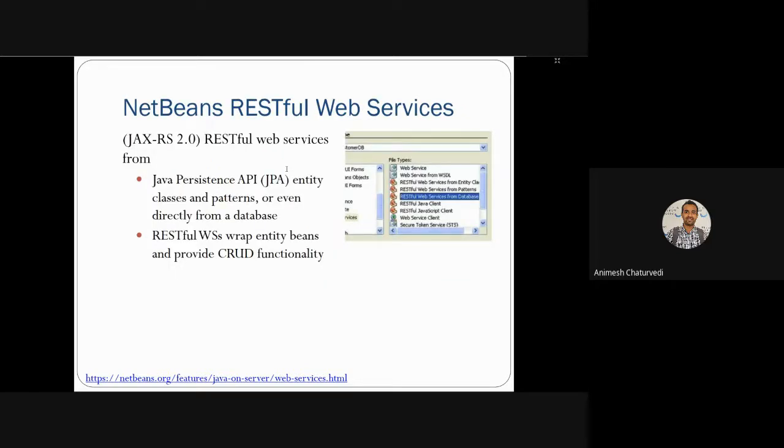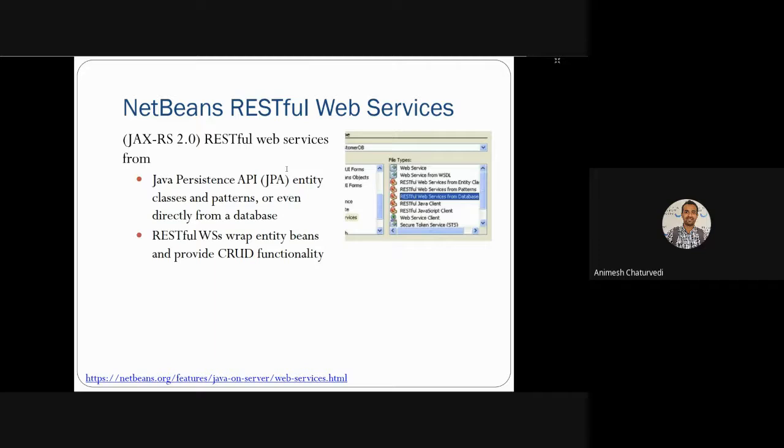Thereafter, NetBeans RESTful web service. NetBeans RESTful web service actually has two types of parts. This JAX-RS has two things. One is Java Persistence API, JPA, for creation of entity classes and patterns for various types of databases.